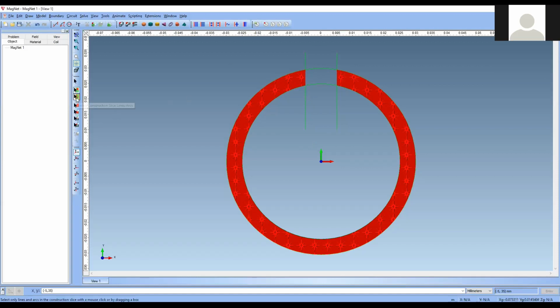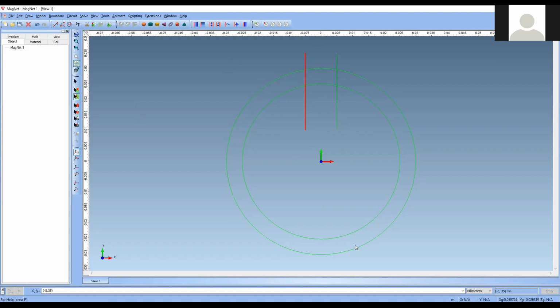Now I want to select the construction slice line. Now I am selecting this line. Now this whole portion is not an unwanted line for me. I just wanted to delete this only. This is not an unwanted portion for me. So what I want to do is, here you can see one option like a scissor symbol, and it tells segment edges. If you click that, this will be subdivided as edges.